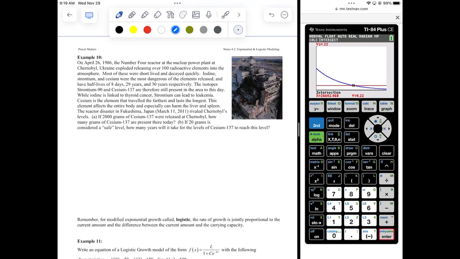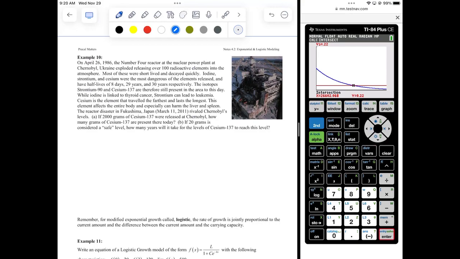When it melted down and exploded, it released over 100 radioactive elements into the atmosphere. Those in general are not good to be exposed to. They cause mutations in the human body. So there are still so many radioactive elements there. It is still unsafe to live there. And you might have seen pictures of them currently building a giant dome over the nuclear reactor to contain the spread of these elements that are still there